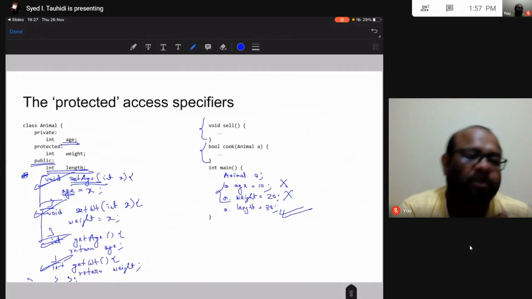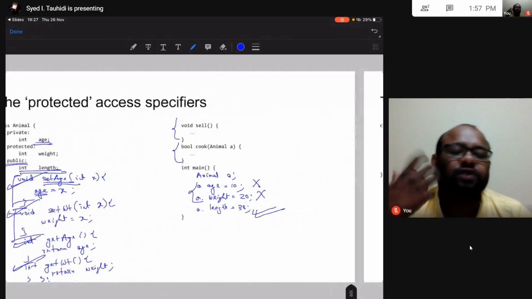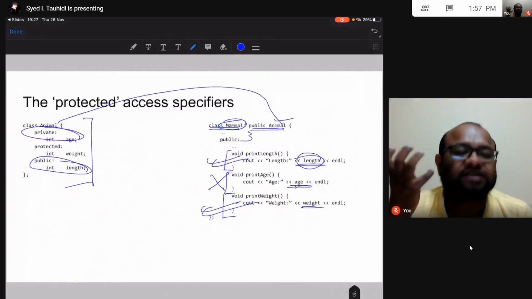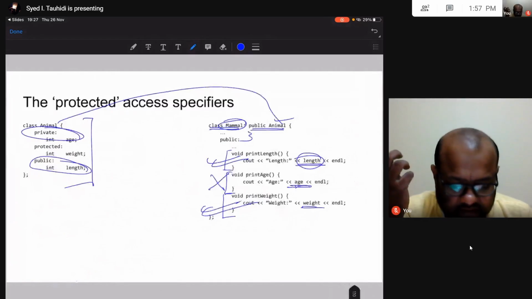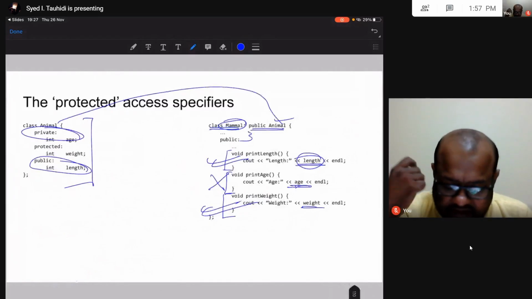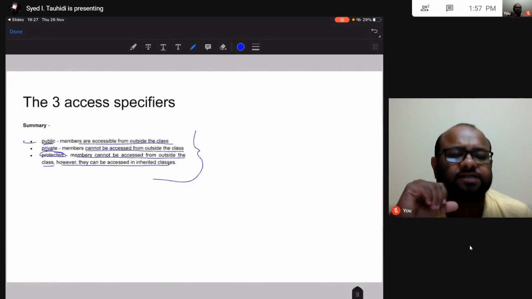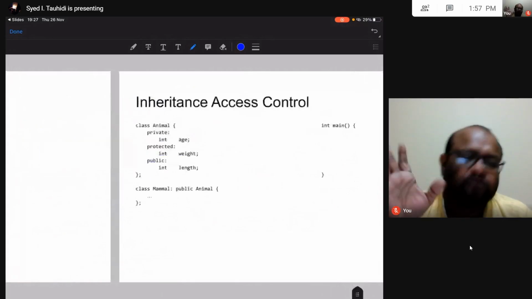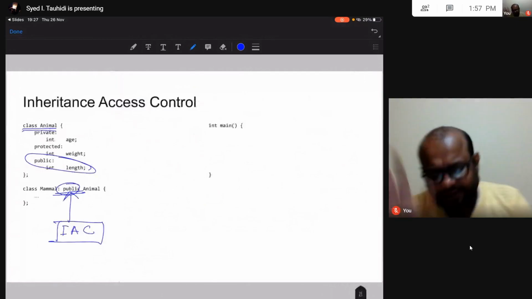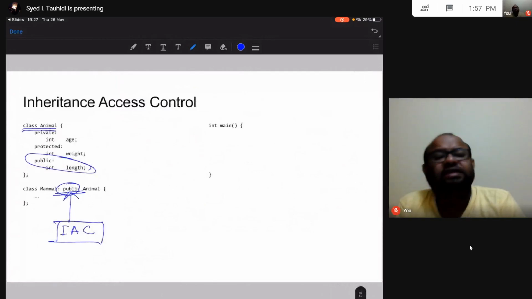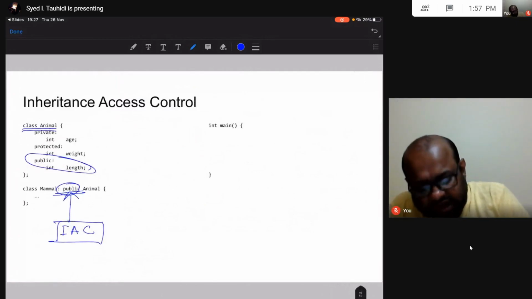So we talked about the difference between public, private, and protected with different examples, and then we did a review of access specifiers. Then we saw what inheritance access control is. How does this work?